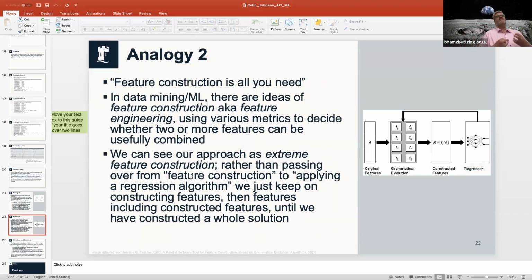So we can see the approach here as being what we might call extreme feature construction. Rather than doing feature construction as a preliminary step and then passing the process over to a regression algorithm, we just keep on constructing features until we've constructed a whole solution.